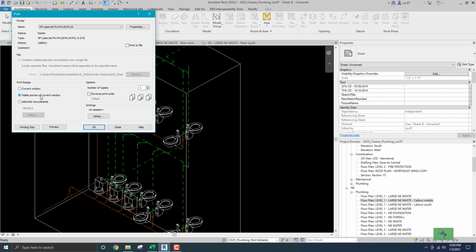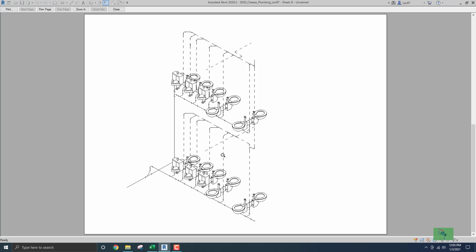I think I'm going to do visible portion of current window and do a preview, and let's see what happens. Okay, so that's probably, let's call it, 1/4 of your sheet, and that's how your sheet's going to look if it's on a 30 by 42 or a 24 by 36 inch sheet. So you have all of this, and then you can label it however you want to label it based on your office standards,